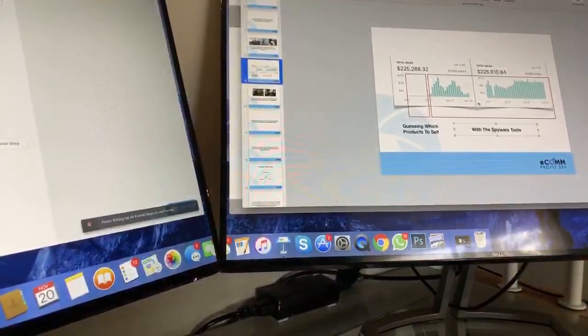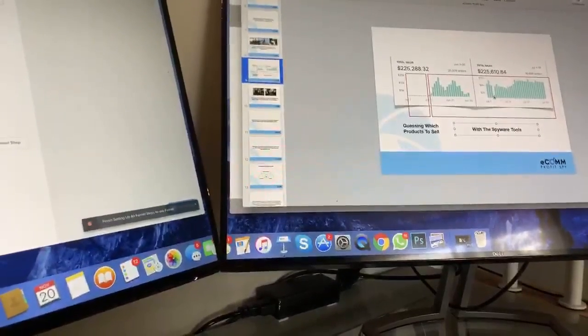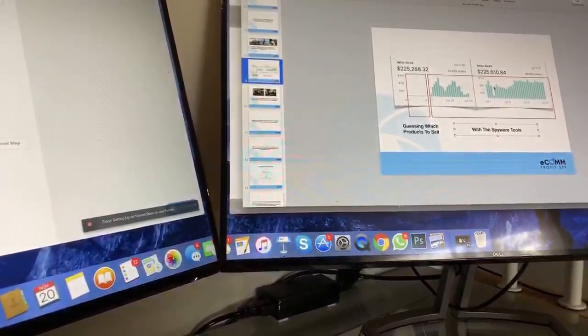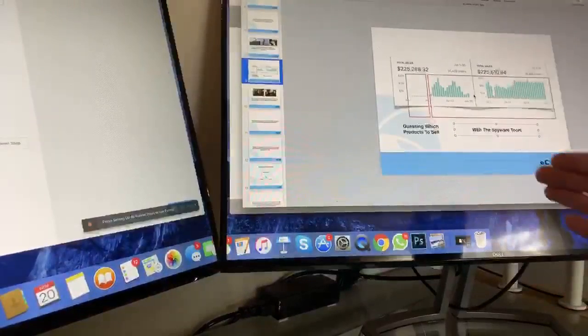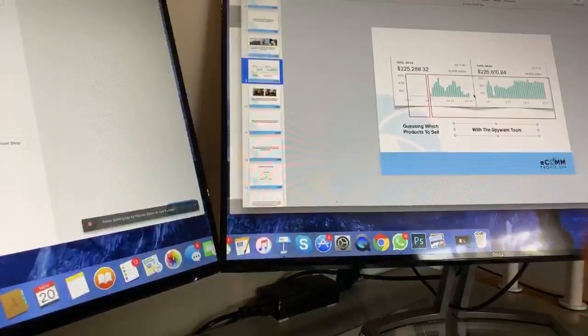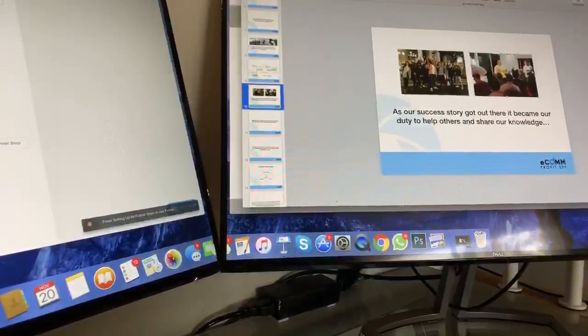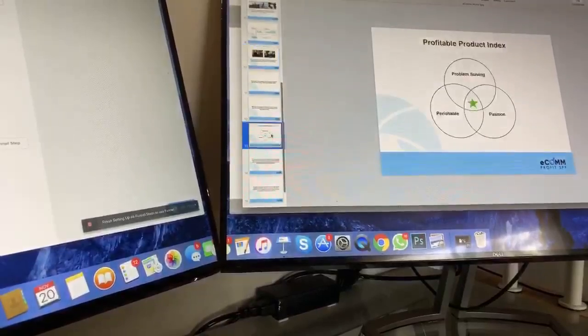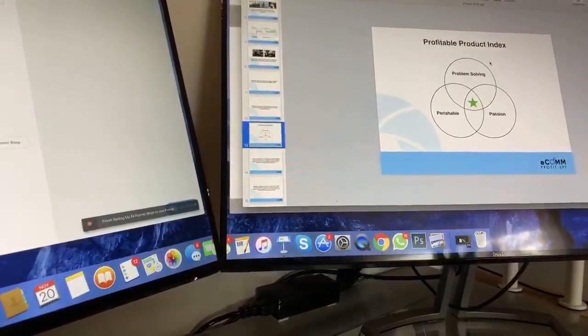But after we started using a spyware tool and finding profitable products, you guys can see here, we were blessed with the results that you get from not guessing, from using data, right? Making educated, calculated moves on which products to promote and invest your marketing dollars behind. So that's that. And you guys can see some of our community here. We did a meetup up in SF, but I do want to explain to you guys how the software runs